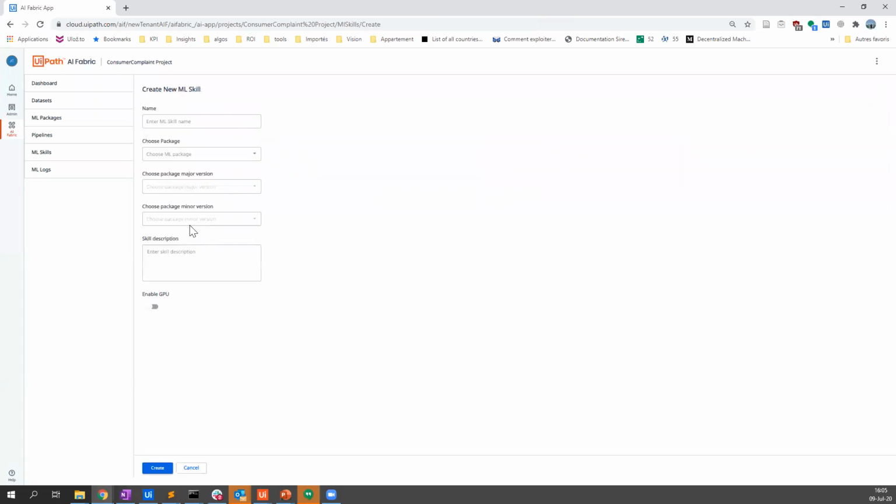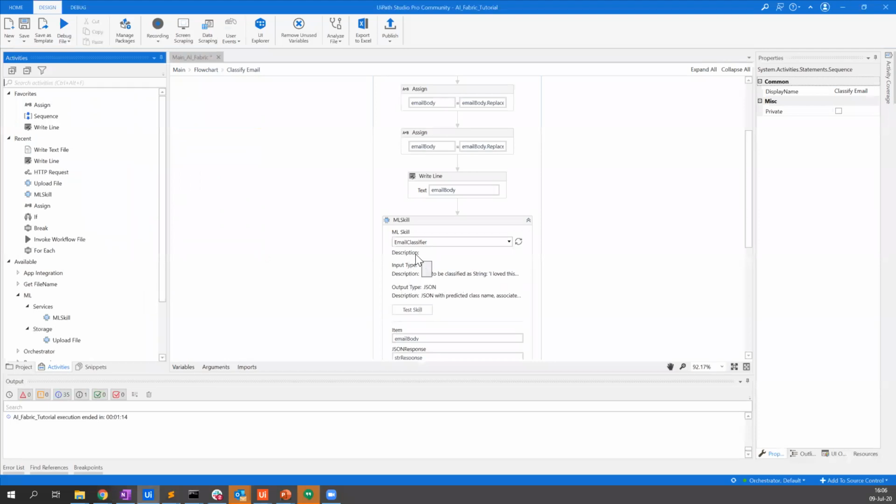You can create an ML skill very easily. You just give a name, you select the package that you want to deploy. Actually, I can do it here. Let's do it with our email classifier 1.1. I will name it the same, Email classifier demo. So you just give a name, and again, you can give a description. And again, this description is the one that you're going to see here. As you can see, I didn't put any description last time here, so I cannot see anything, but let's try with